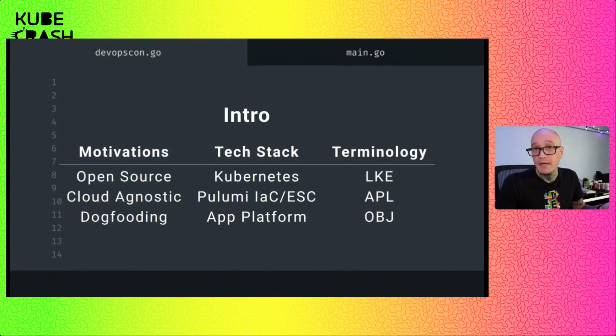The app platform, which is the thing I'm going to show you, is 100% open source. So let's say 95% CNCF projects. The 5% of custom sauce is also open source. It's just there to glue things together and smooth out the process. And that makes it cloud agnostic. And if you don't believe that cloud agnosticism is important, it is my belief that you should. But more importantly, dog fooding.